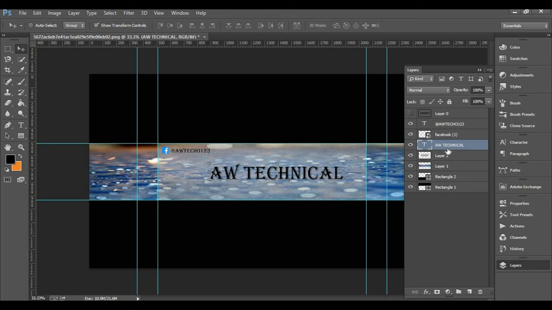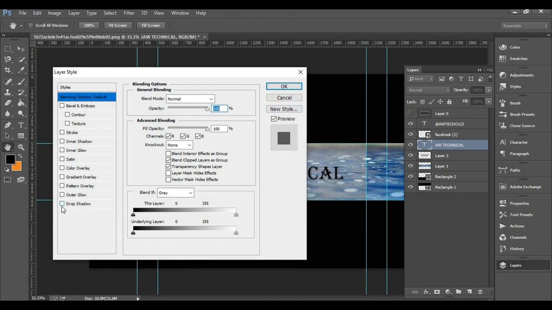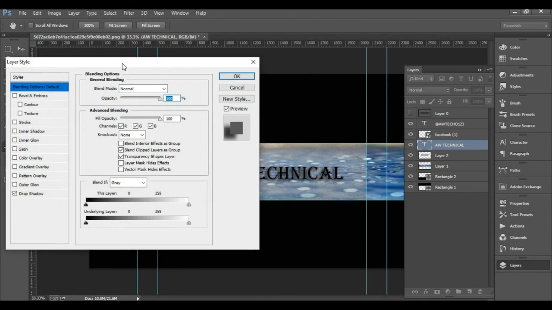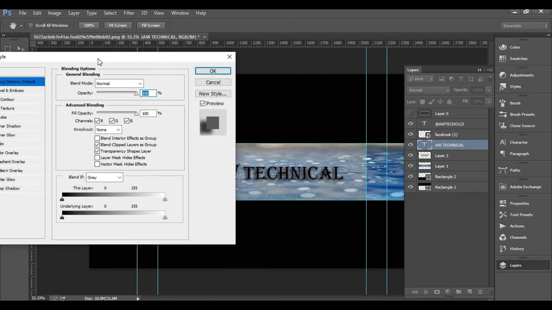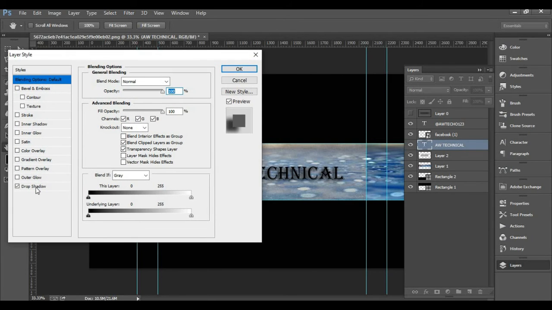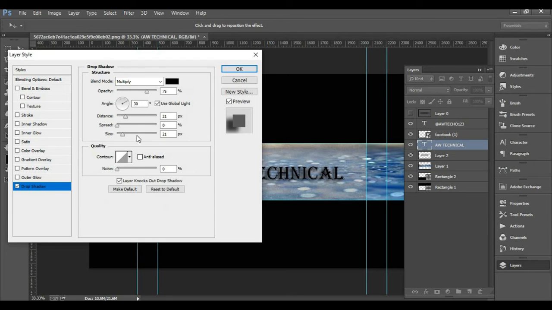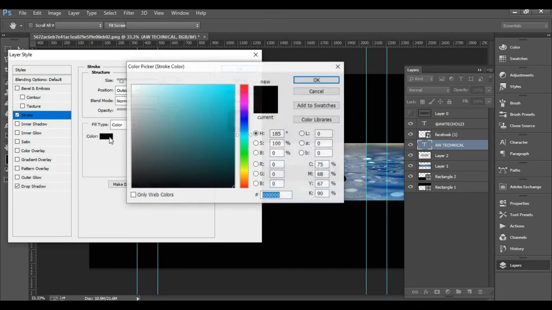Guys, now let's add some stroke on the text. First of all, a little bit of drop shadow. Here the opacity is fine. Go to stroke. Guys, here is a black stroke. You can change it as you want.